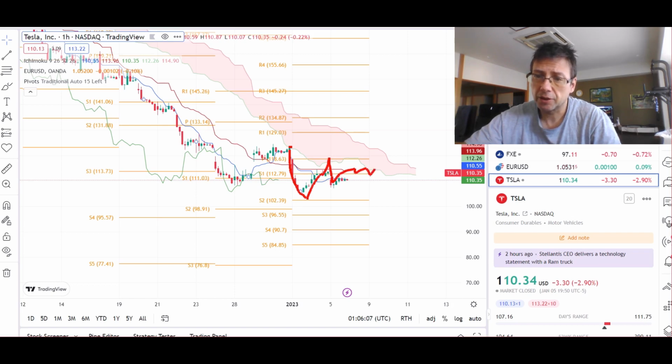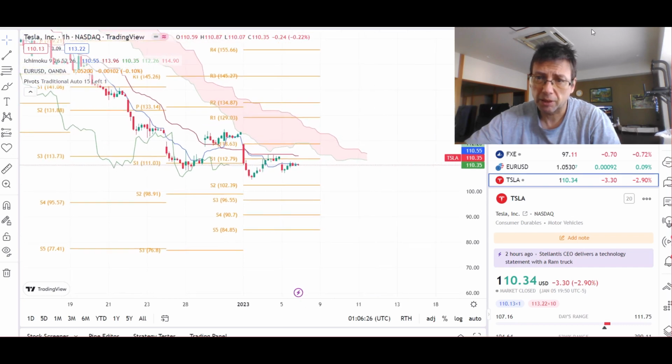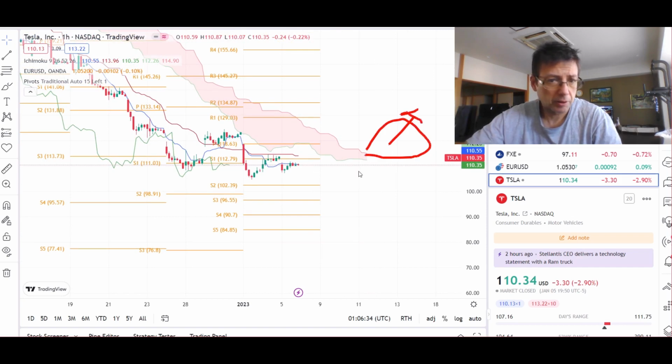But if we can see now, what happened is it went down and it stuck under it. So still you see here the cloud is getting thinner. This can be a good sign, because this can mean that there will be a bigger cloud made here, like this, that goes up. Or it can be a sign of backwards. But if you look at this, the cloud is going